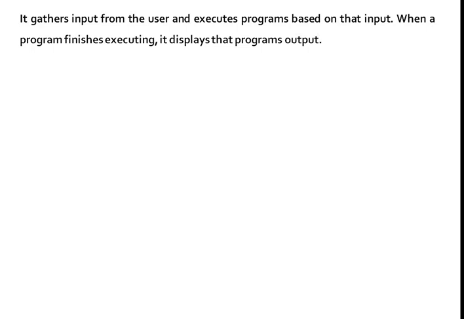So the shell will take the input from the user. Input is nothing but any instruction or command given by the user, and it will execute the input. When a program finishes, it will display the output on the screen.